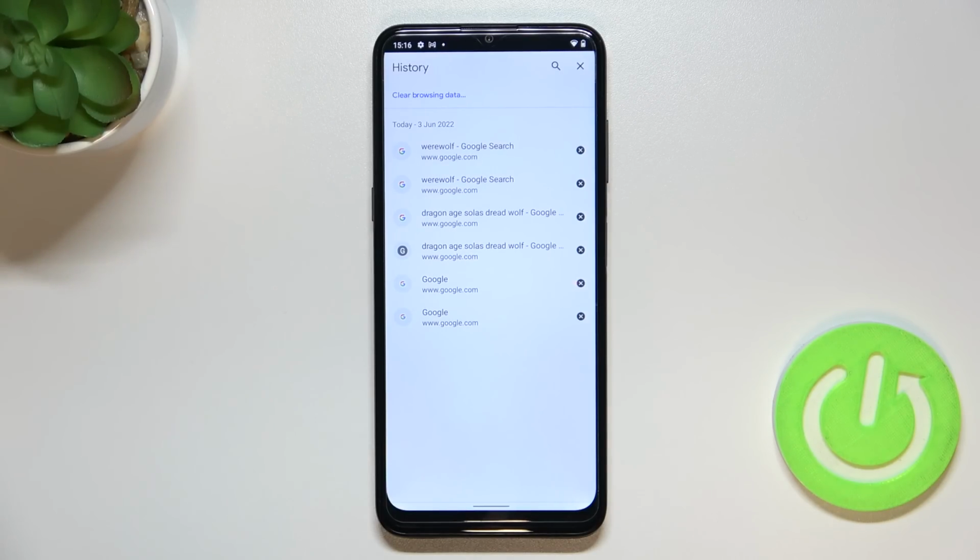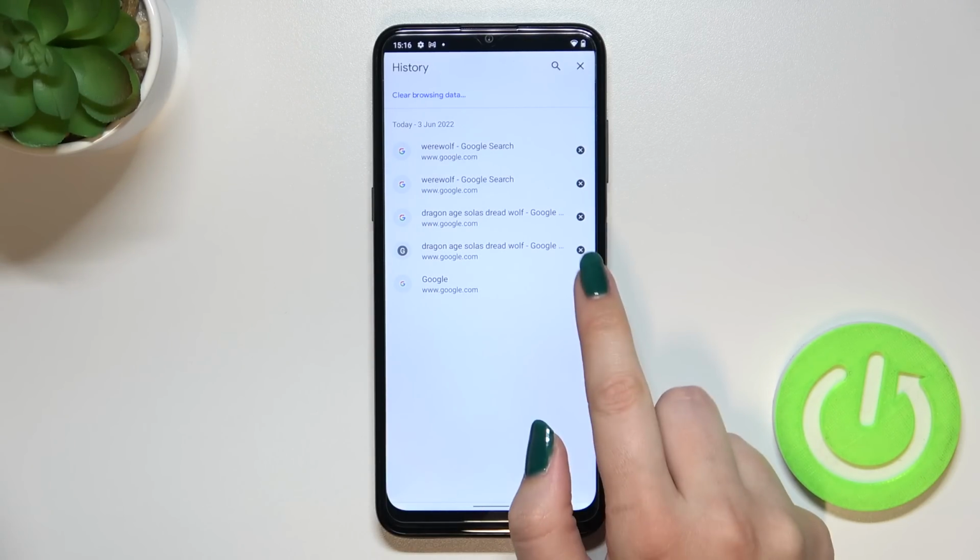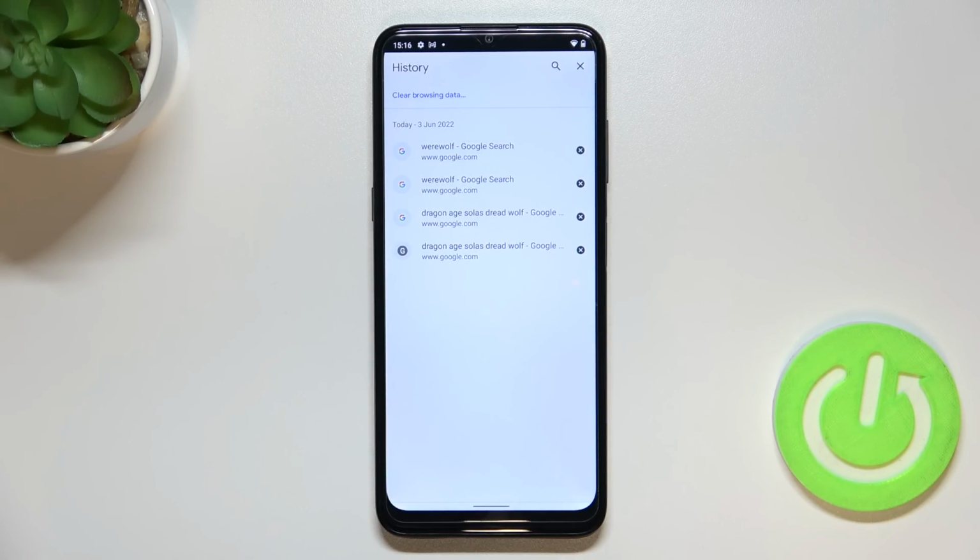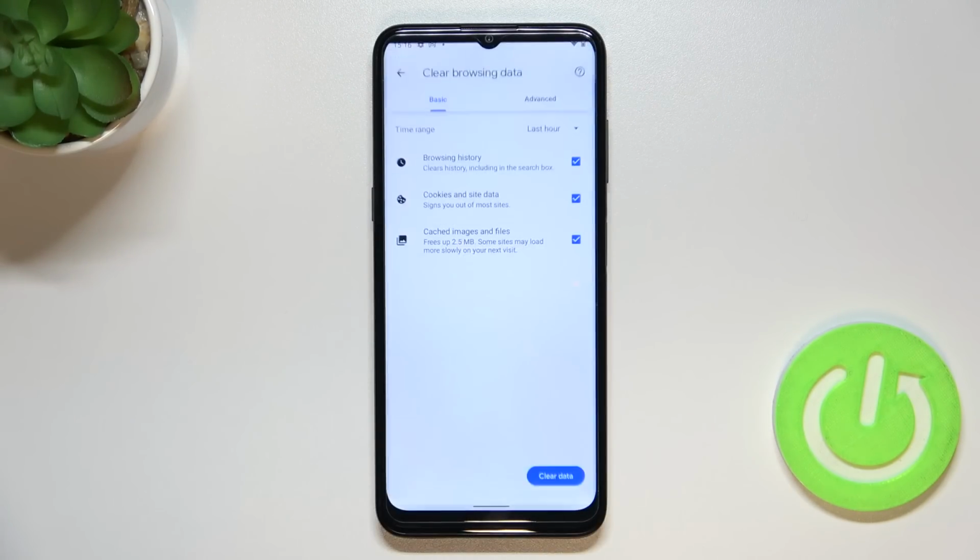Now let's enter the history, and as you can see here we've got the list of all previously visited websites, and if you want to, you can of course remove them manually one by one just by tapping on this X button right next to it. But if in your case this list is so wide, then I highly recommend to simply tap on Clear Browsing